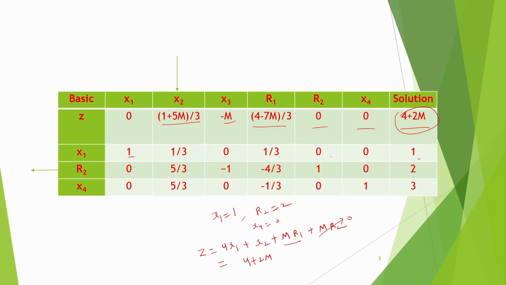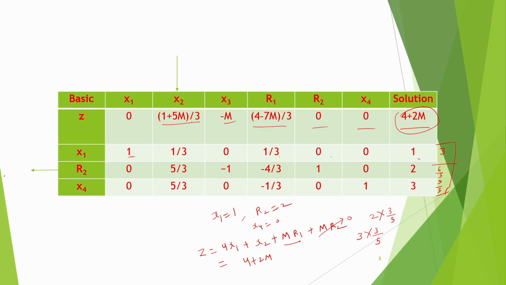And now you divide everything here and find the ratios. 1 by 1 by 3, this becomes 3. Then 2 by 5 by 3, that means 2 multiplied by 3 by 5, so that means 6 by 5. And similarly here the solution is 3, so 3 divided by 5 by 3, that means 3 multiplied by 3 by 5, so this becomes 9 by 5. So 9 by 5, 6 by 5, 3, among them 6 by 5 is the least, so therefore R2 becomes